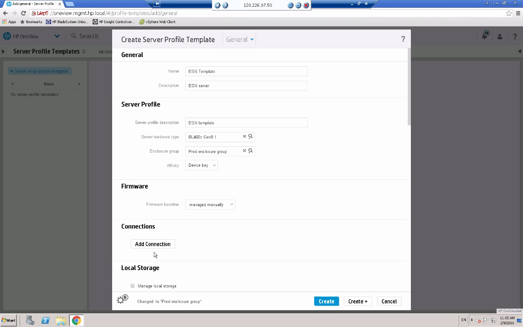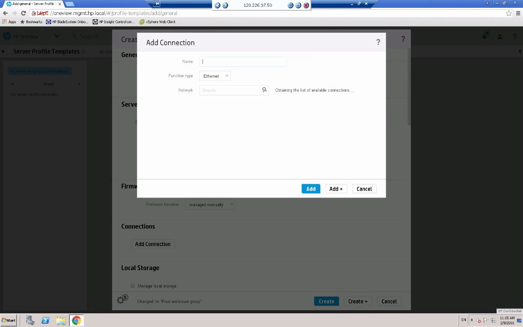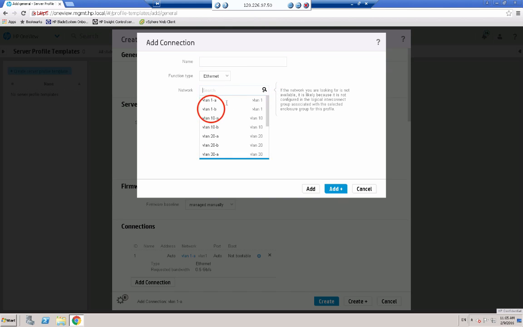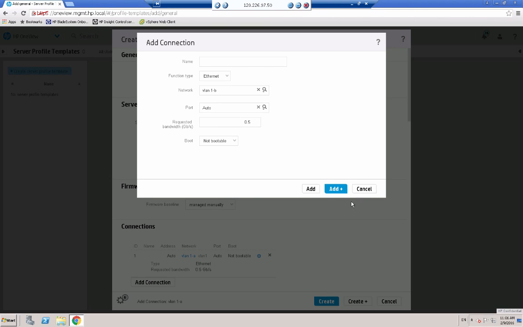And now I need to add some connections to this template, and this is going to be Ethernet connections first of all, and I will take the drop down menu and select VLAN 1A. I'm going to leave everything else set as it is. Click Add Plus, and now I'm going to add VLAN 1B. Click Add Plus,